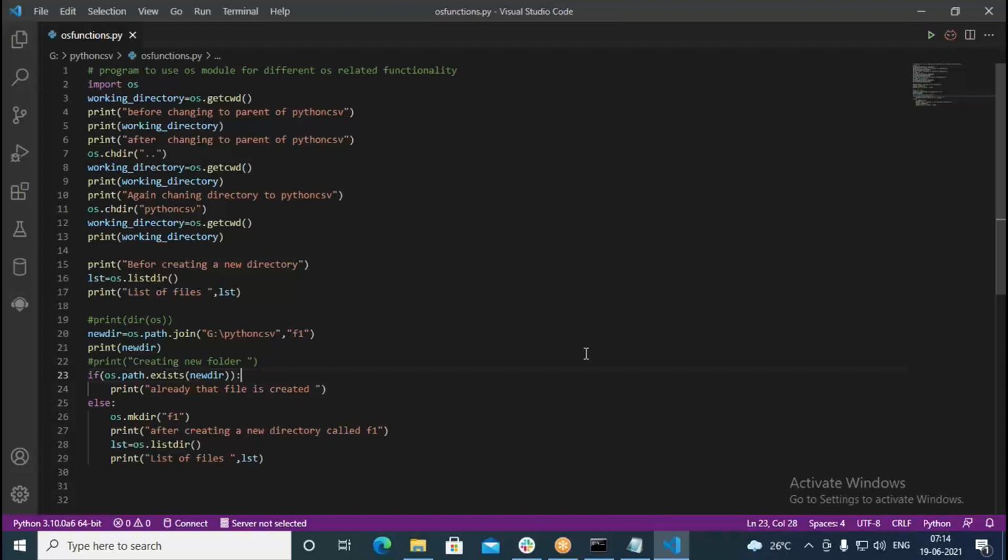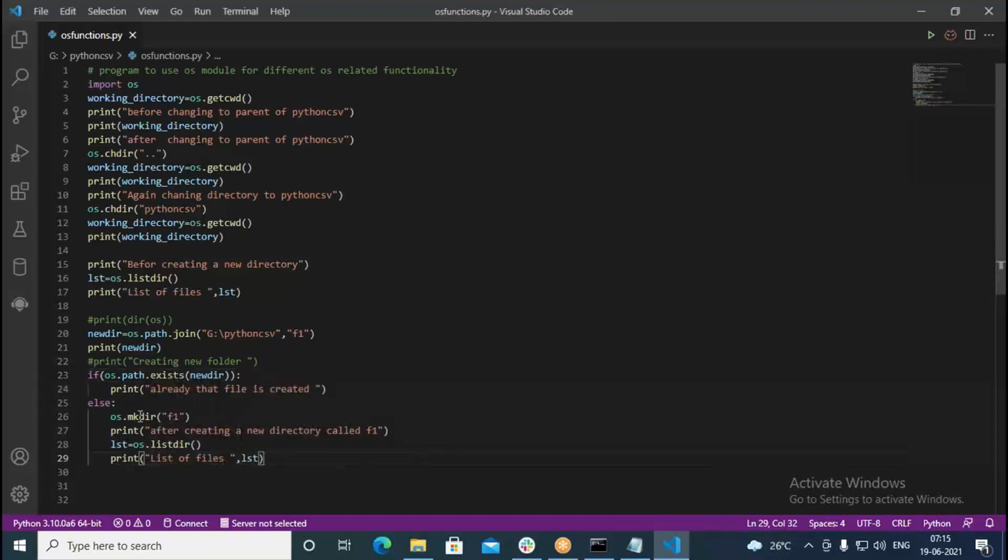The folder or file is available, but if the file is not available there, it can create. So using the exist command, you can find out whether any folder is available or not. If the folder or file is available, it doesn't do anything, but whenever it can't find a file or folder, it's going to create them. Here using the mkdir command, I created a folder.